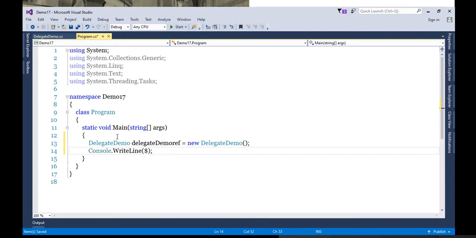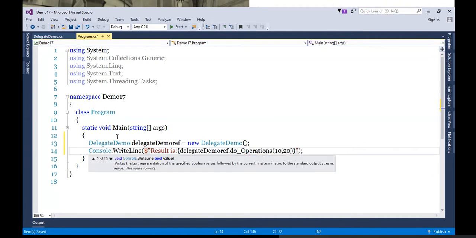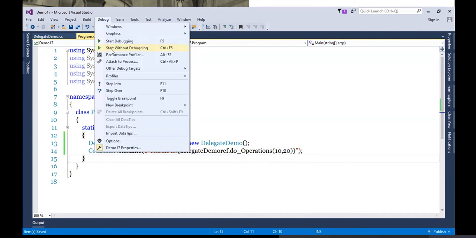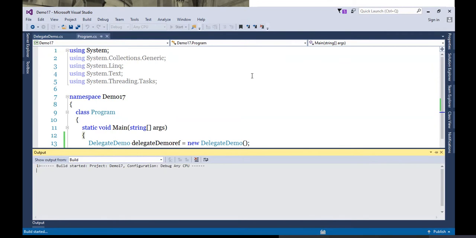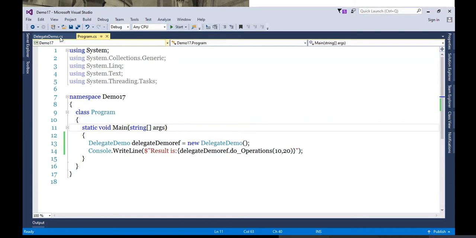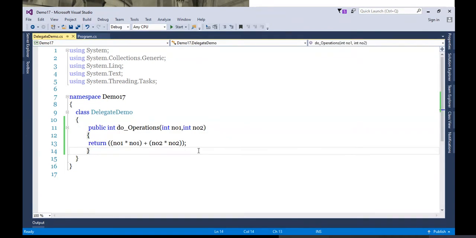Console.WriteLine result is, specify the call. So DelegateDemo reference dot, it is showing DoOperations, and let's pass two integer values like here 10 and 20. So let's run it. Watch out whether it is working or not. So the answer will be 500 as usual. Like square of 10 is 100, square of 20 is 400, so answer is 500, no problem. So it is working. Now let's go back and do this with delegate.